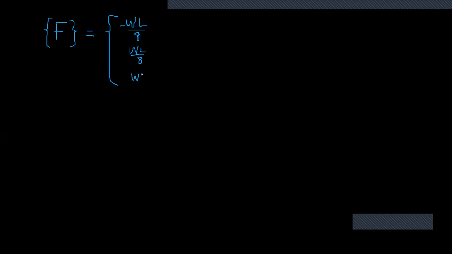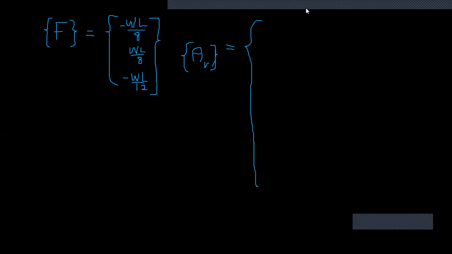This is WL over 12. Action restrained, I got how much? W. So these all are capital W, right? 0, 0, 0, 0, and then